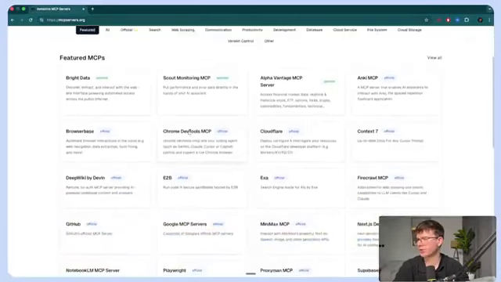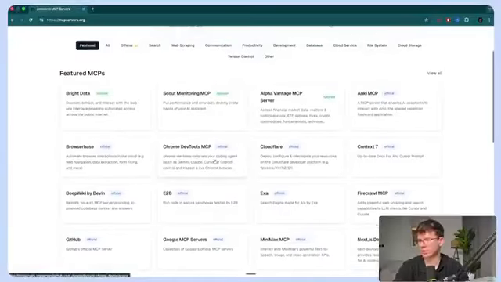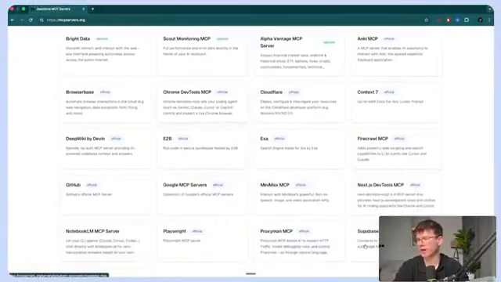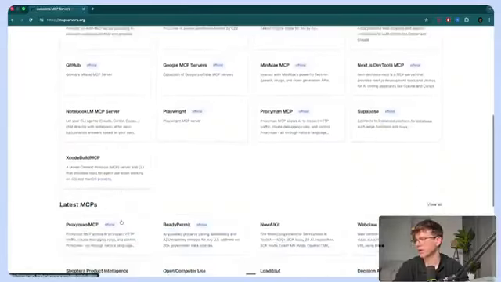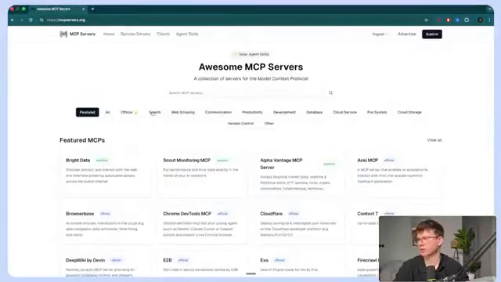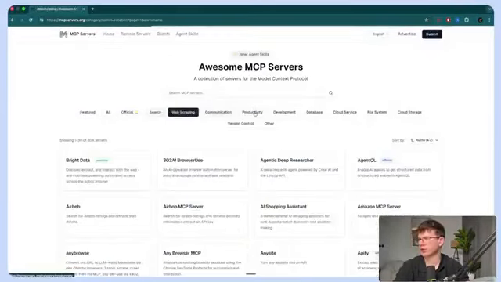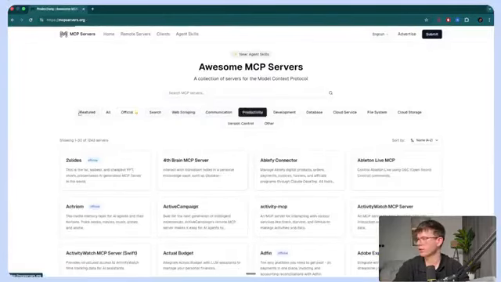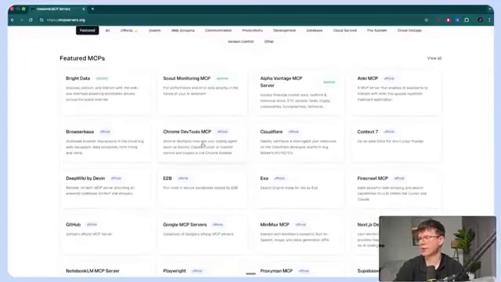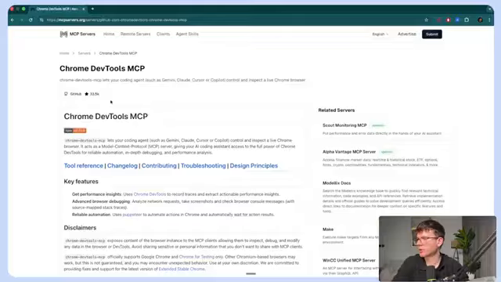And so as you can see, we have the Chrome DevTools MCP, which is an option that we can use. We have Firecrawl, we have Supabase, we have Playwright, we have Xcode Build MCP, and we have a lot more as well, right? Across official, search, web scraping, communication, productivity, and so on, right? So let's say I go to featured. Let's say we go to the Chrome DevTools that we had before. If I go here, I'll be able to see the name,